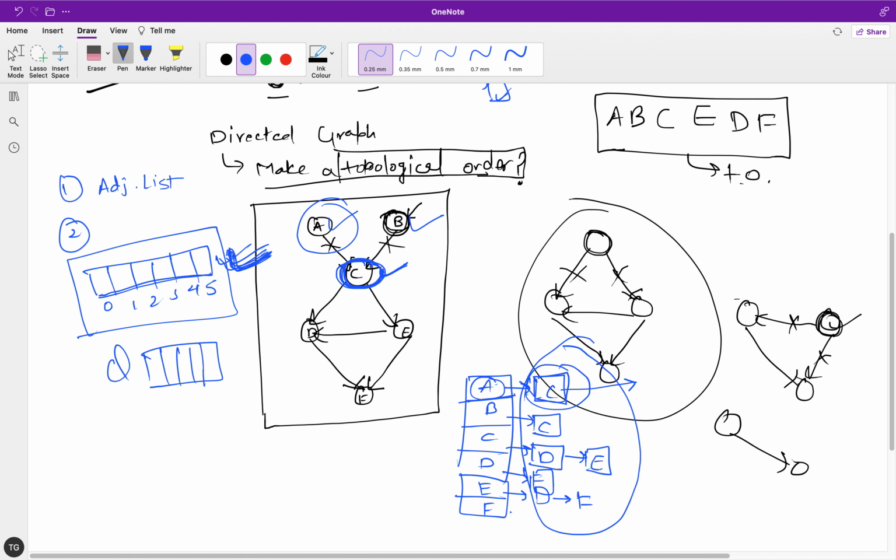If a vertex has an in degree of 0, it means you can process that vertex, so you push it into the queue, and you keep polling the queue, and if you have any vertex, you process it.